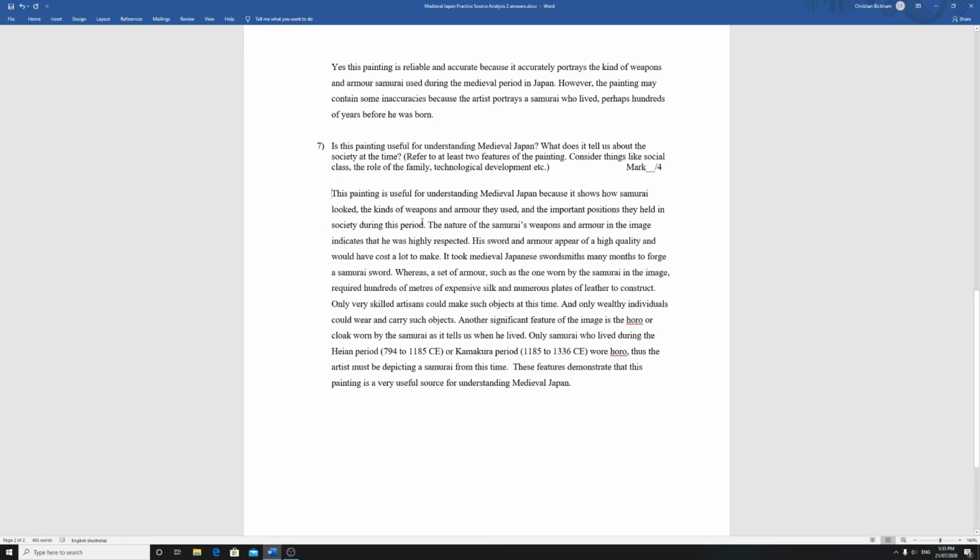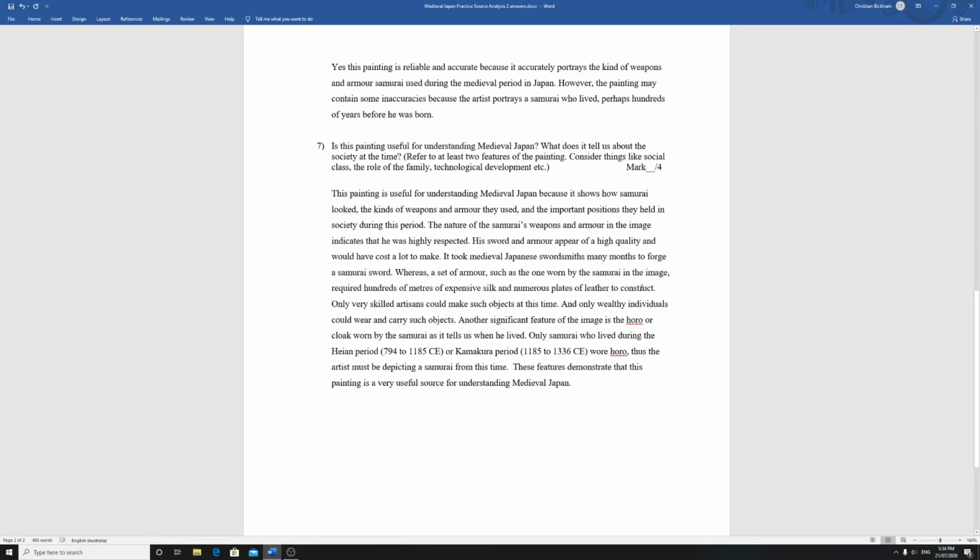So there's my contention. Then here is the evidence and my argument to support that contention that this painting is useful for understanding medieval Japan. The nature of the samurai's weapons and armour in the image indicates that he was highly respected. His sword and armour appear of a high quality and would have cost a lot to make. It took medieval Japanese swordsmiths many months to forge a samurai sword, whereas a set of armour such as the one worn by the samurai in the image required hundreds of metres of expensive silk and numerous plates of leather